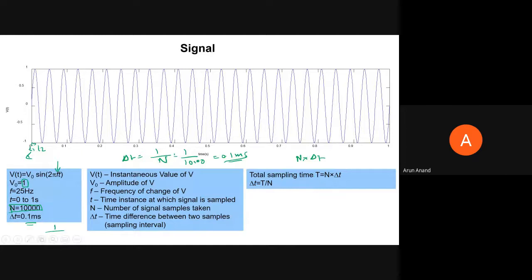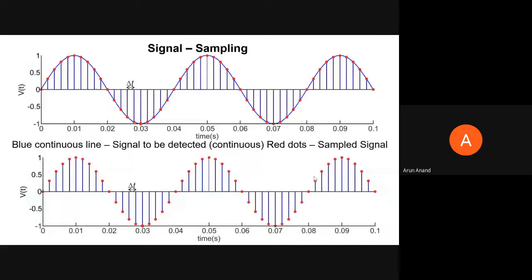So your delta t, you will call it as the sampling interval in signals. Now, why do you need a sampling interval? In fact, we think of the signals as continuous. We don't know really if it is continuous or not, because when we acquire the signals, it is no longer continuous, because you can't detect or sample all the points on the signal.